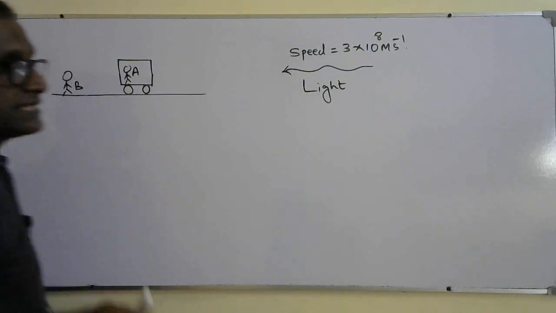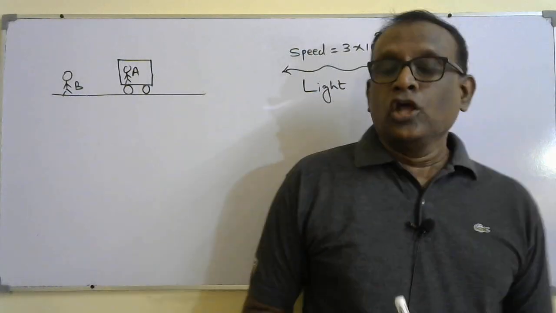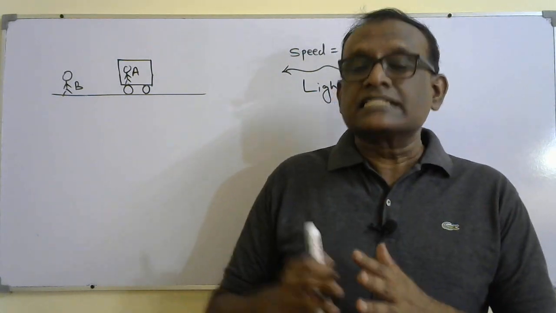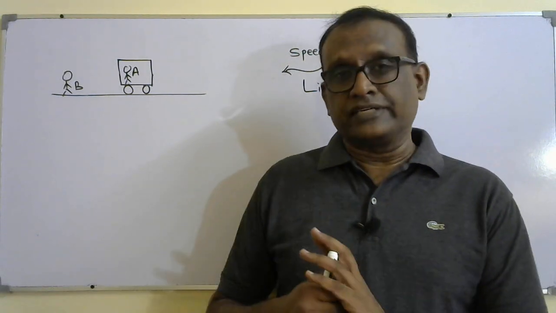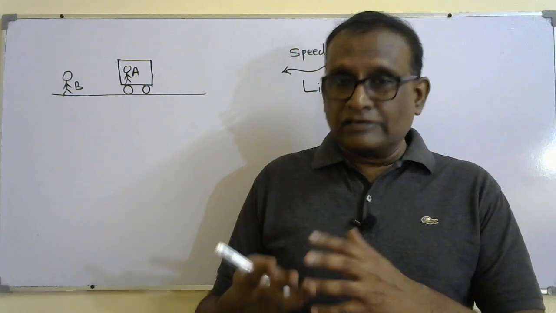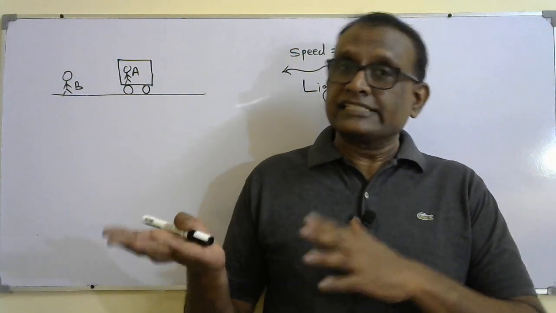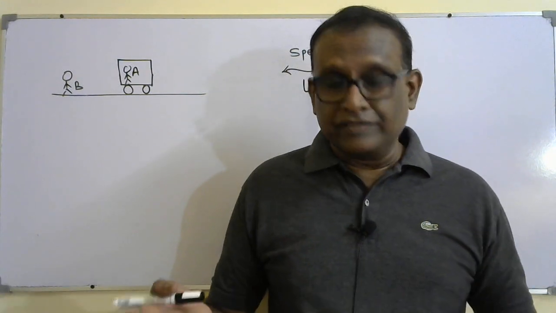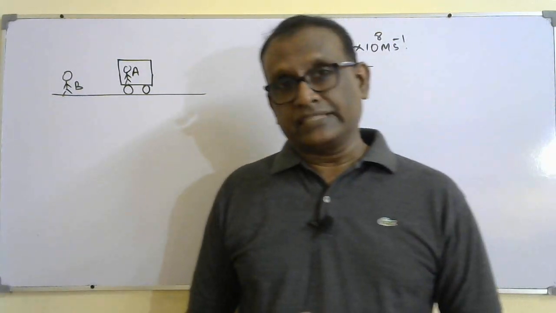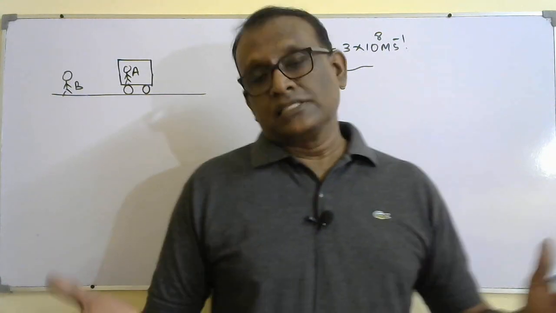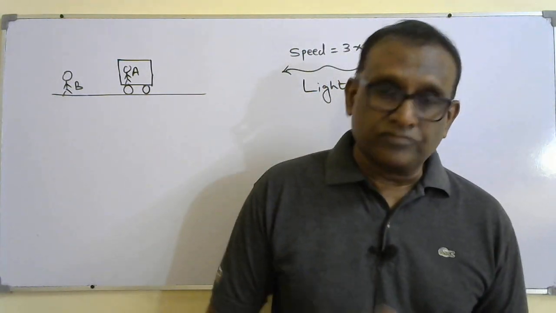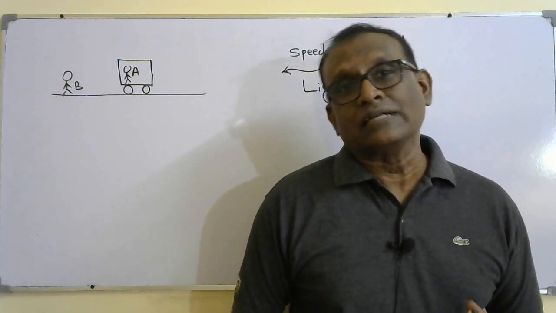Okay, now the interesting thing comes here. Earlier I showed that the speed of sound changes depending on the frame of reference or the observer. If the observer is moving in different directions, the speed or velocity of the sound measured by the observer will be different. The outcome is the Doppler effect. Sound is a wave, so the speed of the wave changes depending on the observer or frame of reference. Now when you think about light,